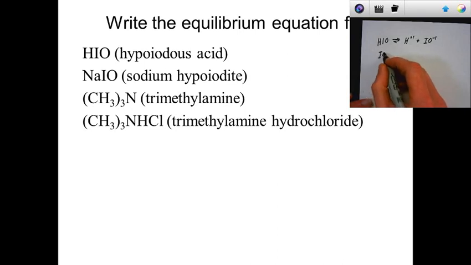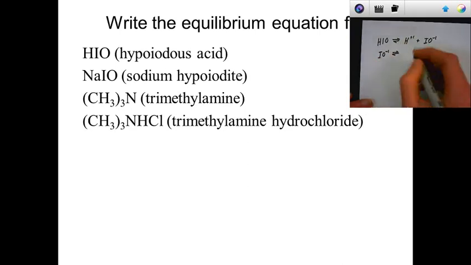I'm going to write down just the hypoiodite ion and treat that with its equilibrium. Being a negative charge, I know it's going to act as a hydrogen acceptor. That makes it a base, a conjugate base of the acid in the previous question. So that'll form